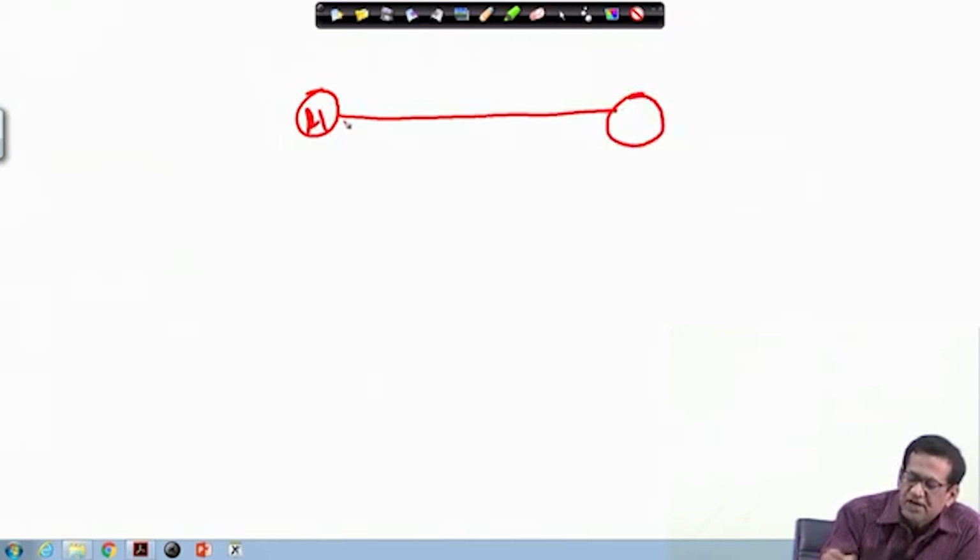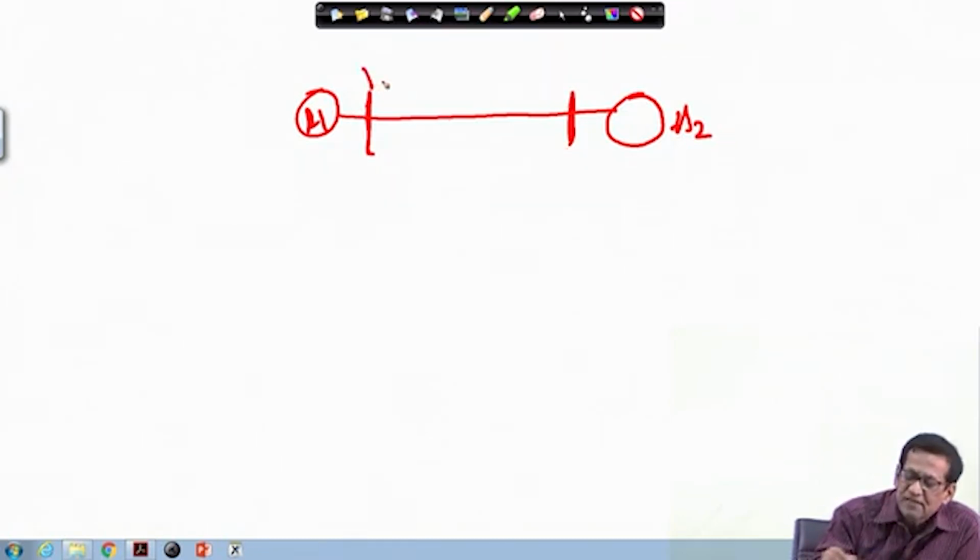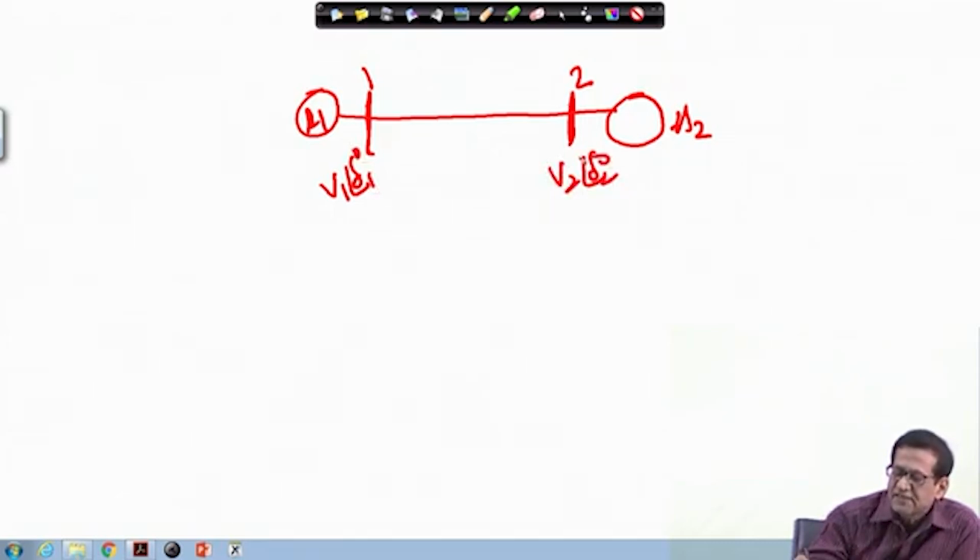Say we make A 1 and this is A 2, and this is your bus 1 and this is your bus 2, and voltage here is V 1 angle delta 1 0 and this is V 2 angle delta 2 0, area 1 and this is my area 2, right, and power is